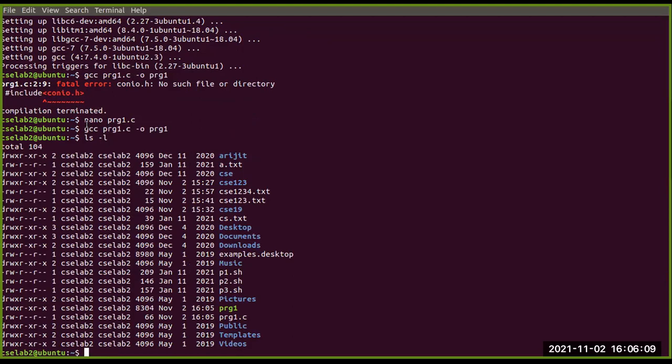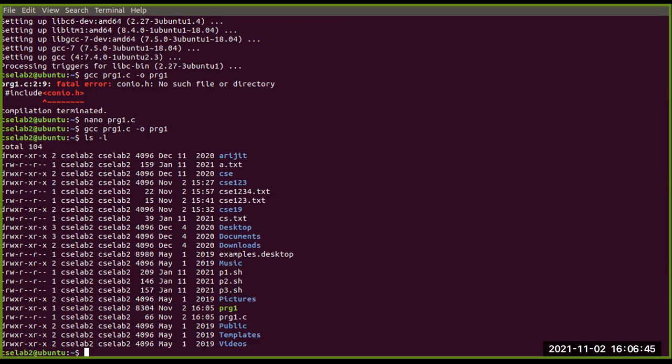Now, after the second command, gcc program1.c -o program1, that is for the compilation part. gcc is for the compilation of any type of programming text file, right? So I am compiling this, and after the successful compilation, program1 is the name where the output will be stored. We can see a new file, a green color file, containing the output of our program. So prg1 is created and stored successfully, right?